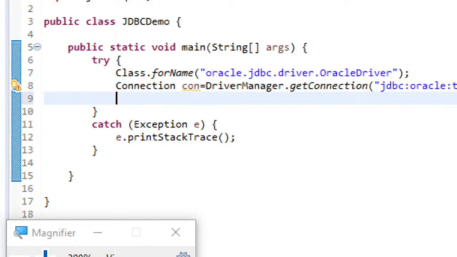So what the difference is, prepared statement is the interface which is child to statement. Prepared statement is the interface which is child to statement. And in real time also, as per industry standards, it's always recommended to use prepared statement over statement. So always use prepared statement compared to statement, because as I mentioned, prepared statement will improve the overall performance of your application as the query is compiled only once.